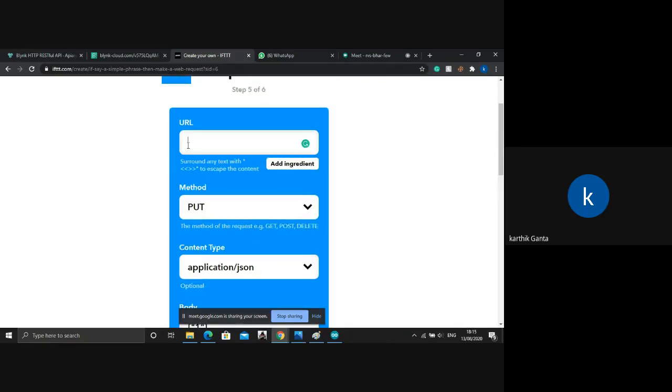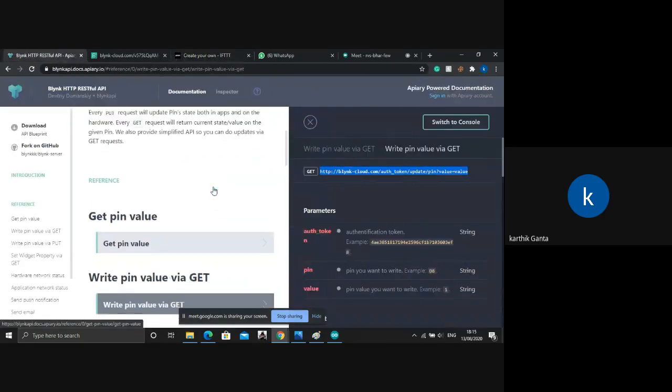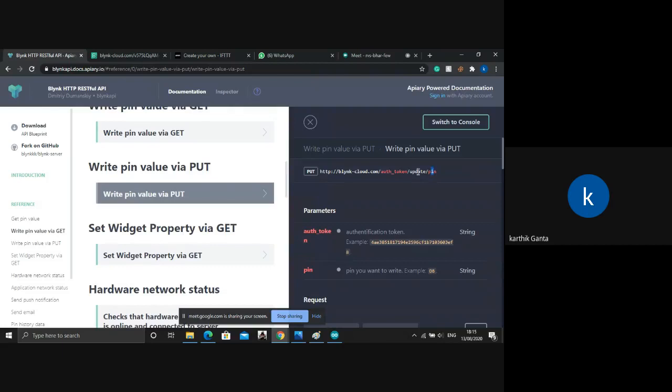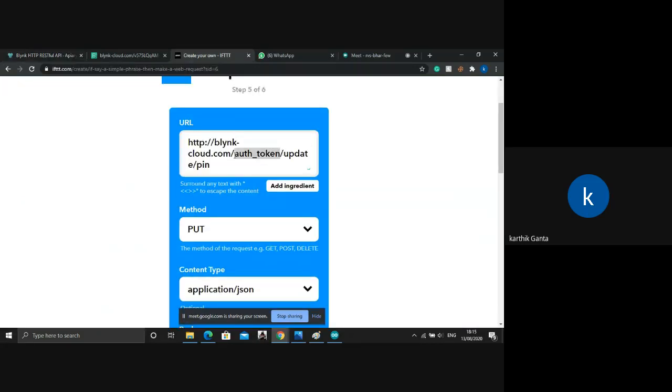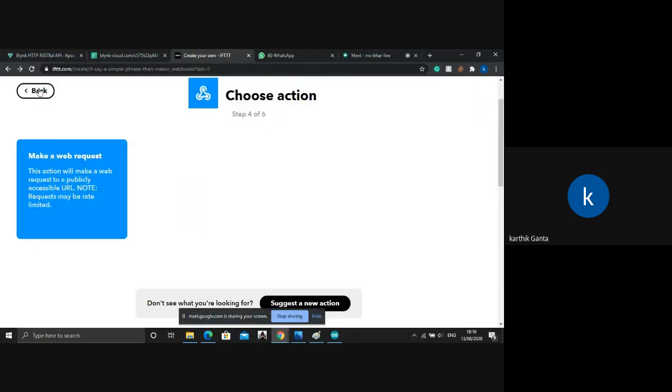You get this URL from the RESTful APIs, the update one, which will update the Blynk cloud. Copy it and put it here, change the authentication token, update the pin number, and create the action. I'm not creating this action again now, because too many applets will mess up my Google Assistant when I use it personally.